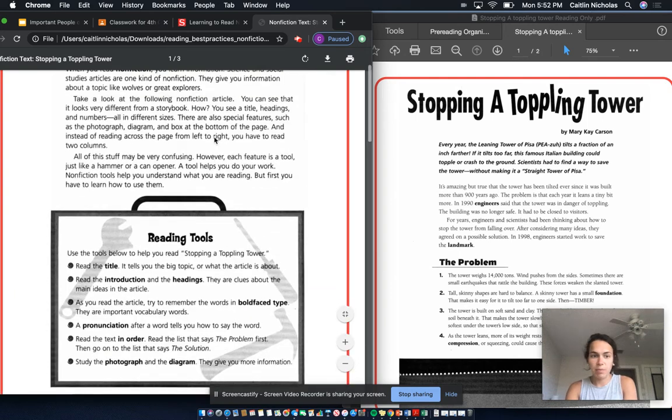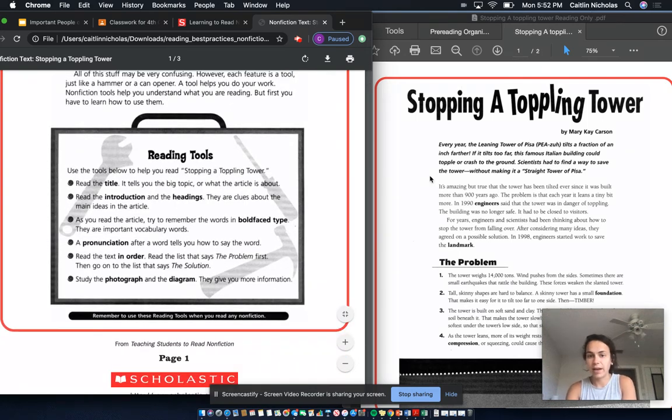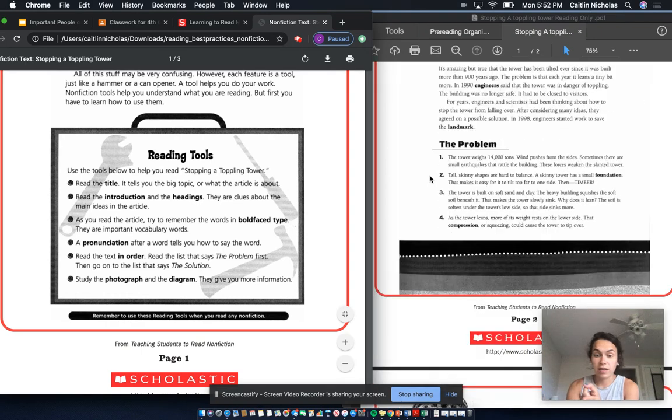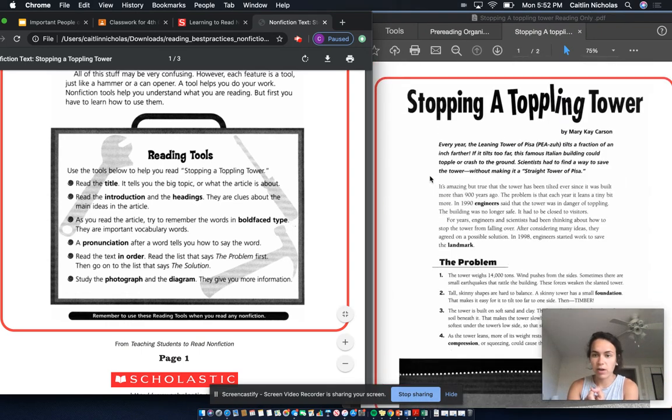I can start at the top with my title. I can say, okay, my title is Stopping a Toppling Tower. So I know that my article is going to have something to do with a tower. And I can look down here and I can see the tower also. And it says it's toppling, and my words kind of look like they're toppling. So I know that my article is